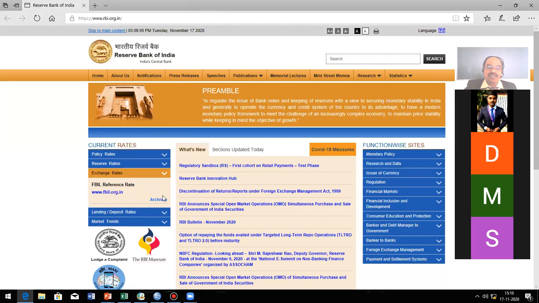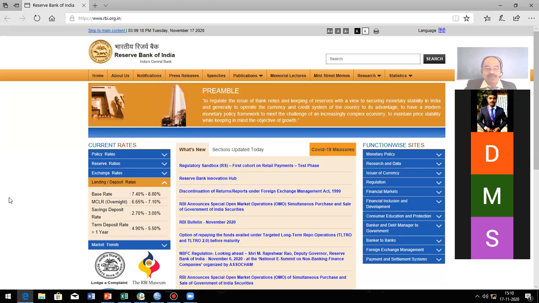Exchange rate, you can visit that one. They are given on the website directly. Some of you are doing exchange rate, comparing Indian currency with another currency. Even the deposit rates in India, base rate 7.4 to 8.8.